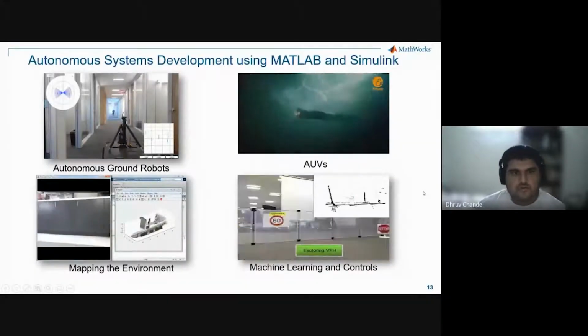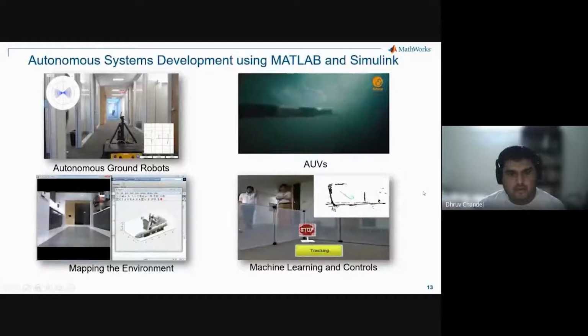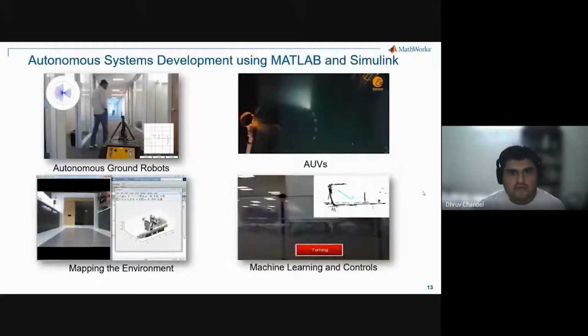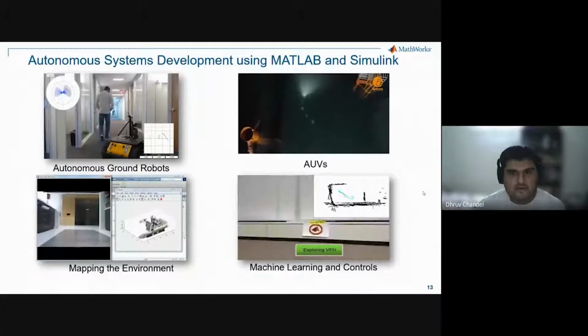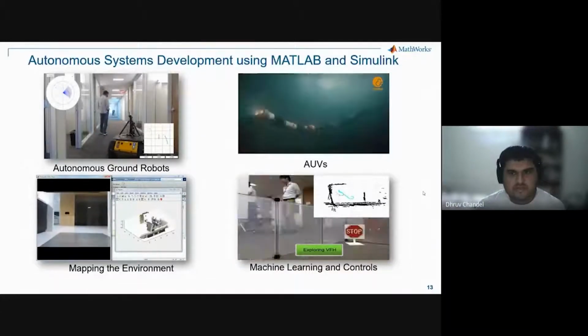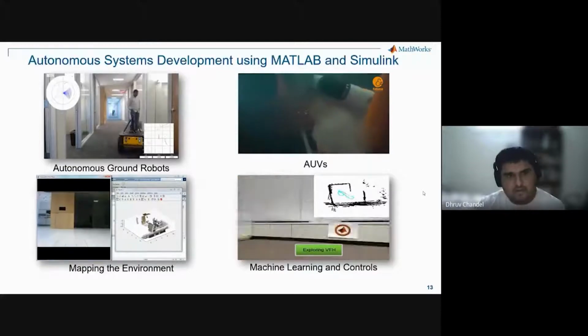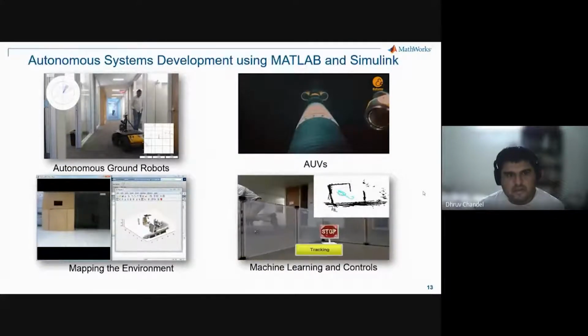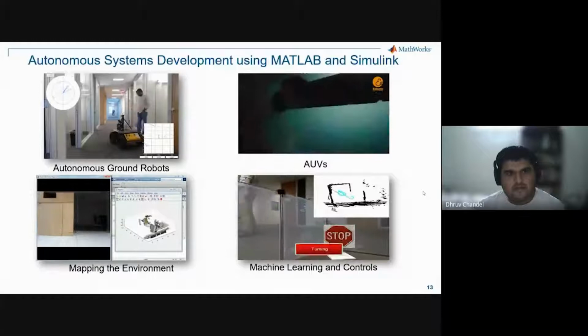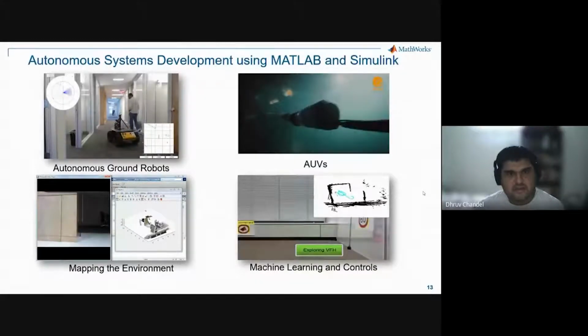So I just want to show you a little bit more about mobile robotics. Today we are not covering every kind of generic robot. We're not covering manipulators, for example. We are looking at something like the top left-hand corner on the screen. That's an autonomous robotic car driving around in our offices in Natick.